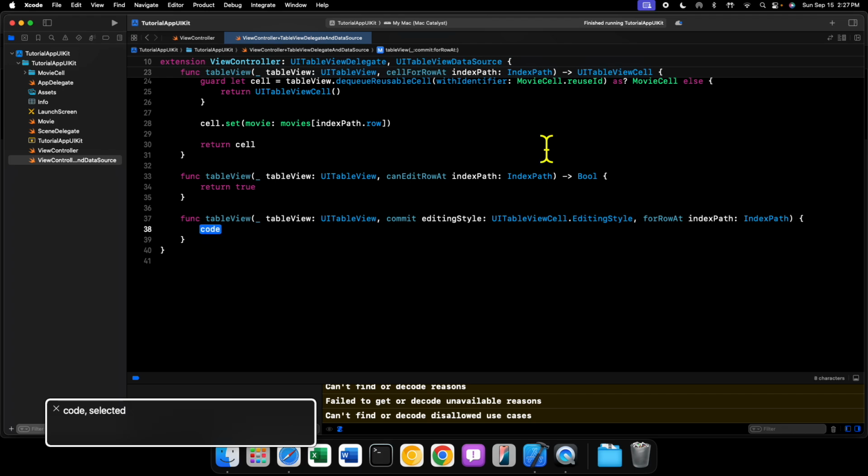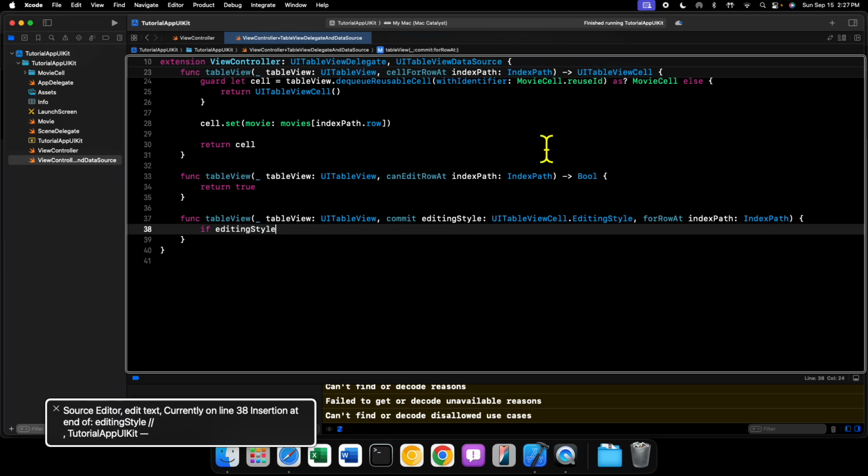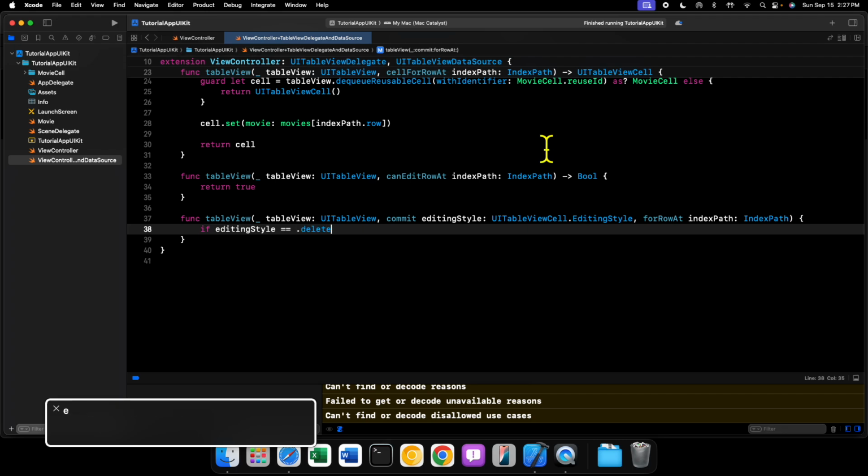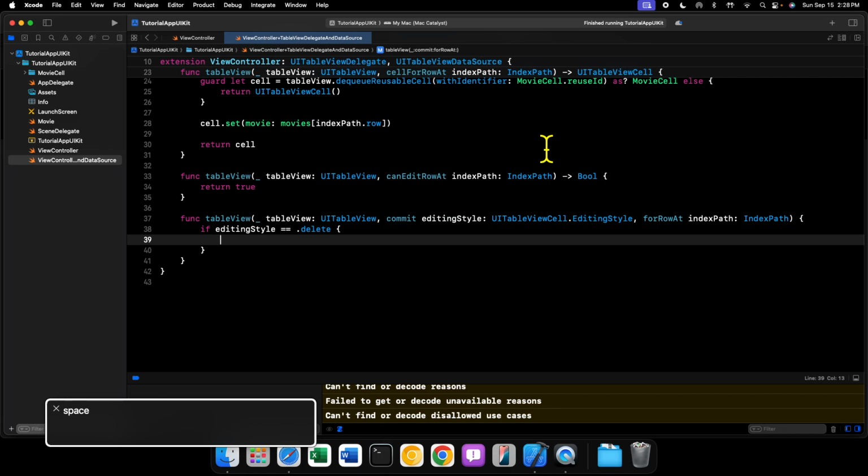All right. So in here, this is where we're going to delete our specific row from the table. There are a few different editing styles, but we want delete. So if editing style equals .delete, which is what it is by default,